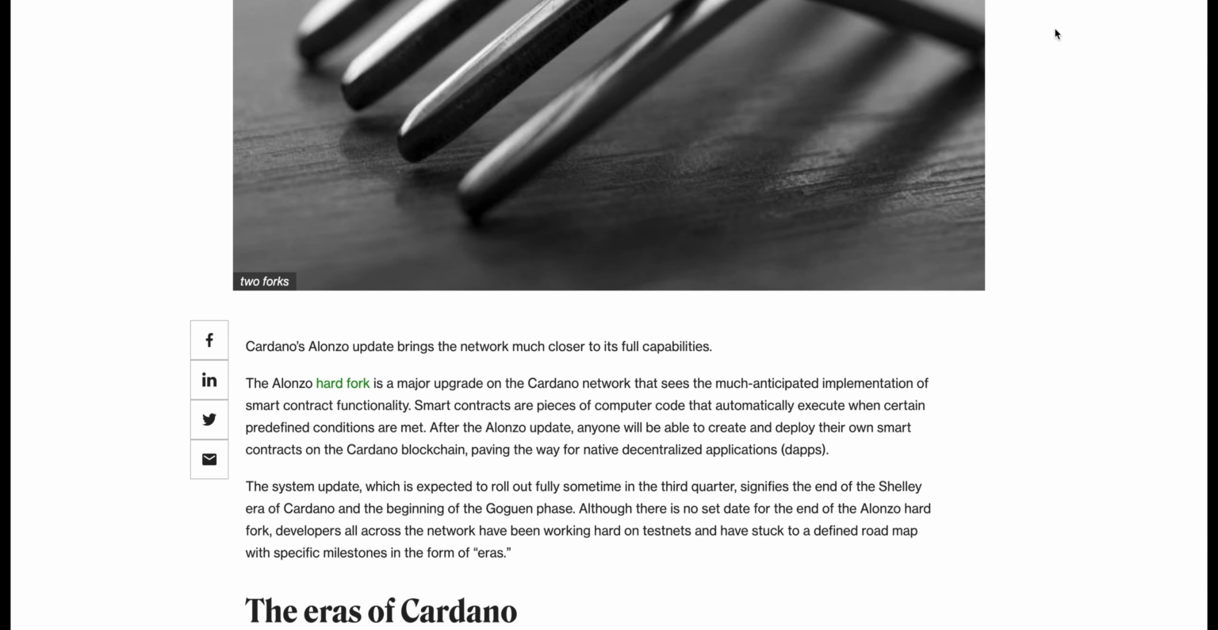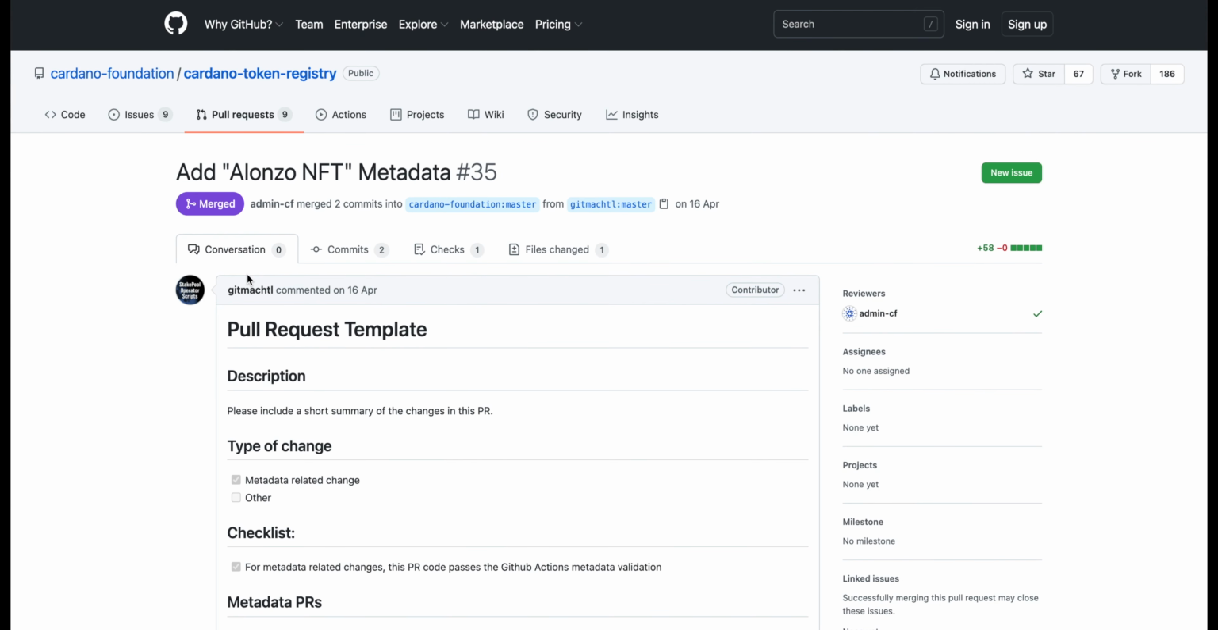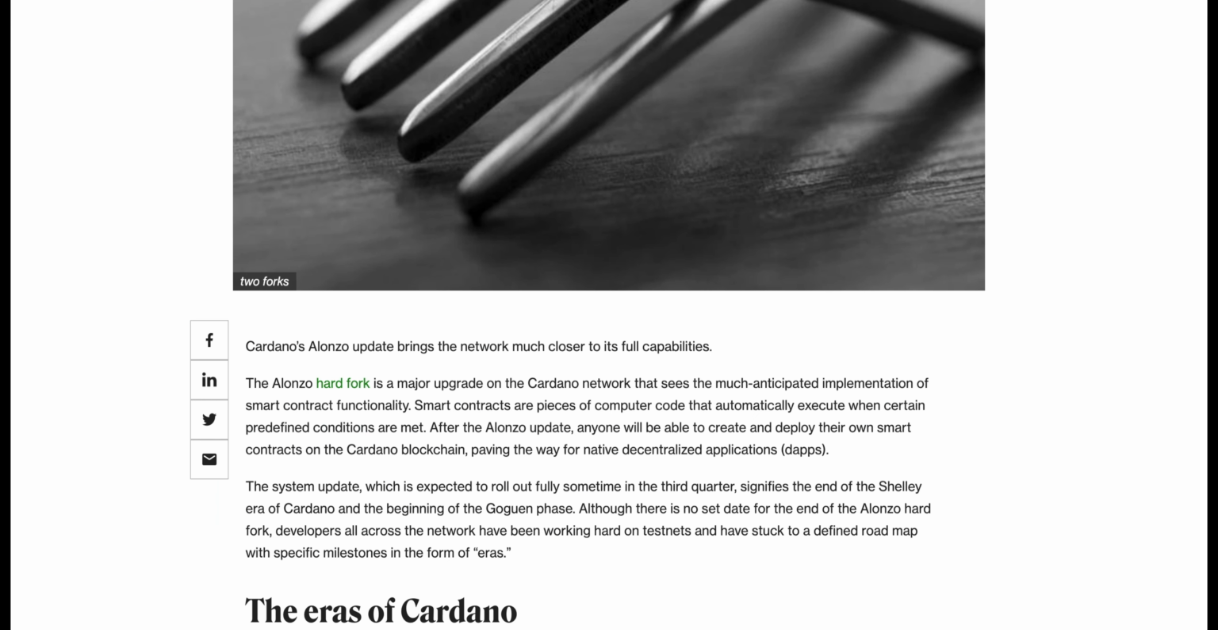So that leads us onto the Alonzo update, which is bringing the network much closer to its full capabilities. We can see that there's been a range of work on a range of different repositories. So just looking at the Cardano token repository for a second, we can see that some work was added to add the Alonzo NFT metadata. This is just one tiny change that is taking place, and this is just one small aspect of the entire